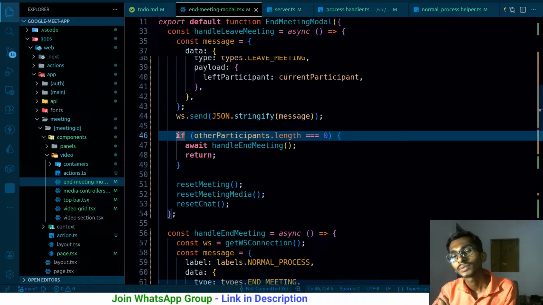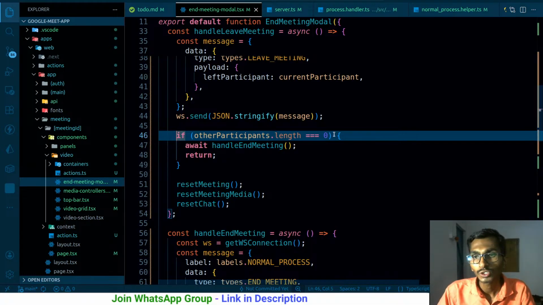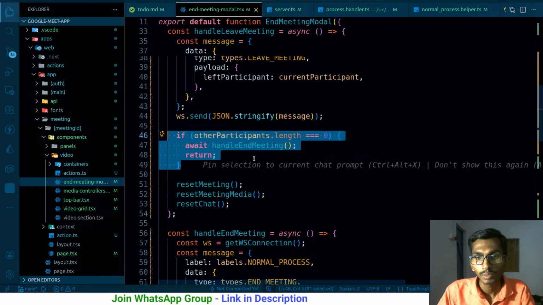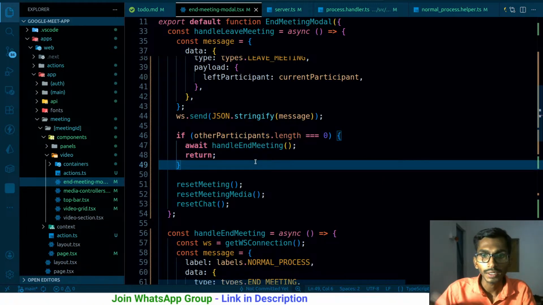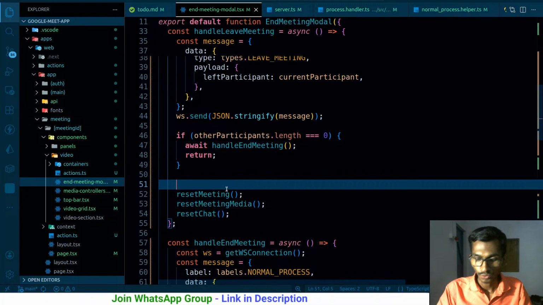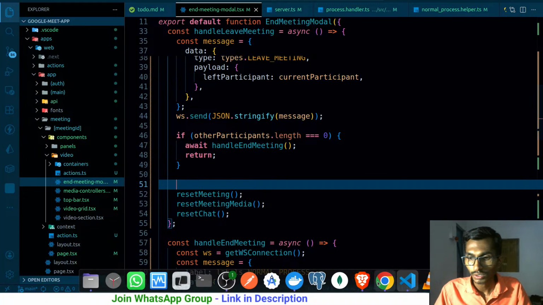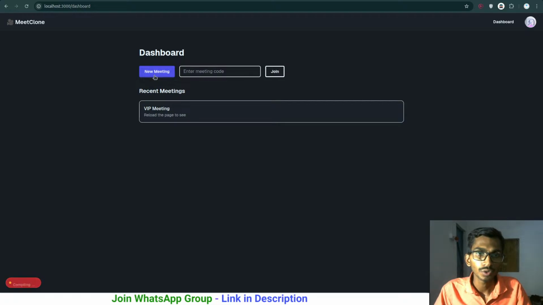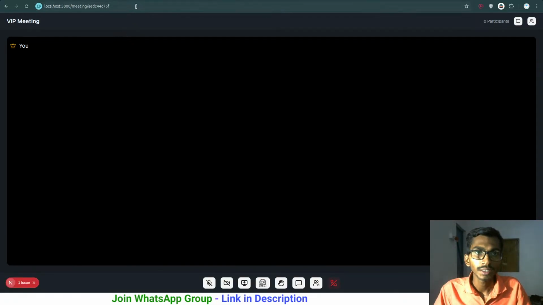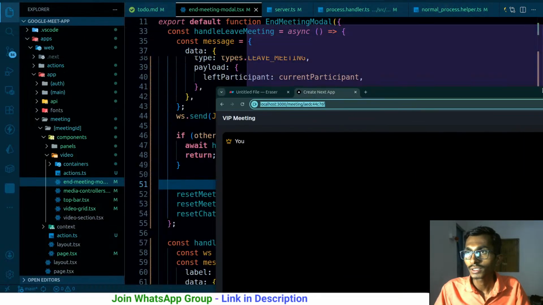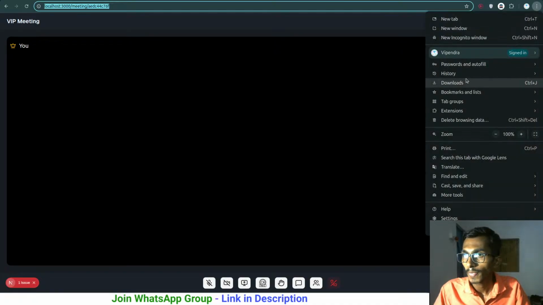Okay, got it. If other participants dot length is triple equals to 0, at that time this particular function is gonna run, and because of that the user is being redirected. But in the remaining case the user is not getting redirected, so I have to redirect the user from here as well. It works for the host because the host is the last user, so definitely it is gonna work. But if there's another user, so let me do one thing,